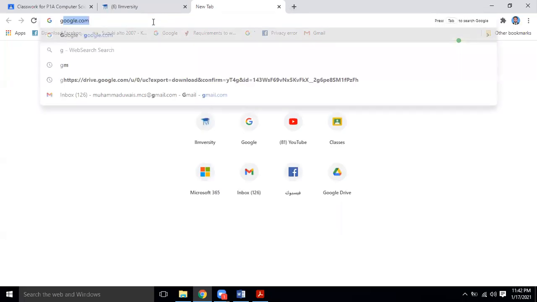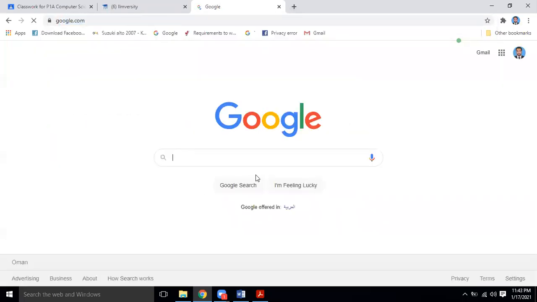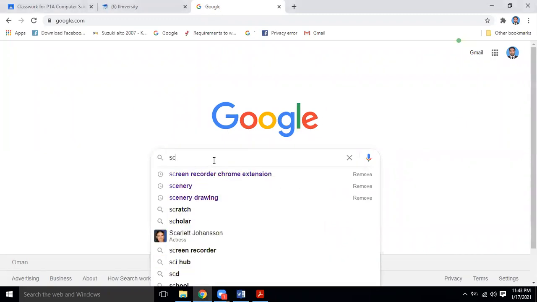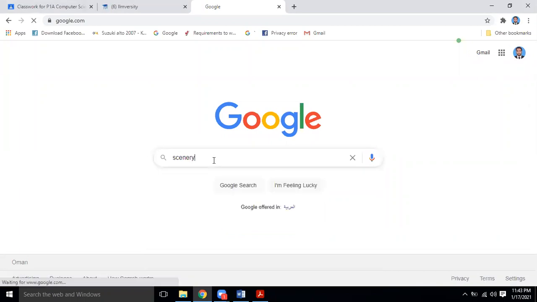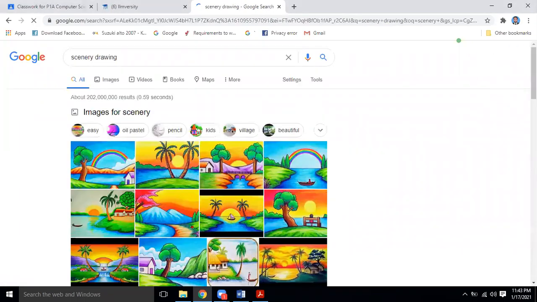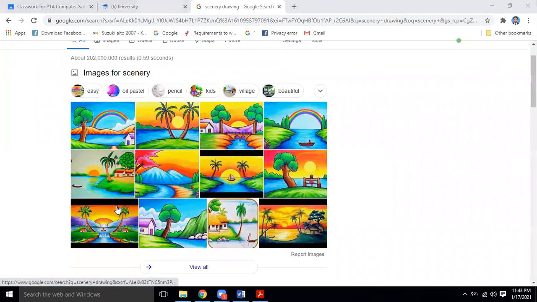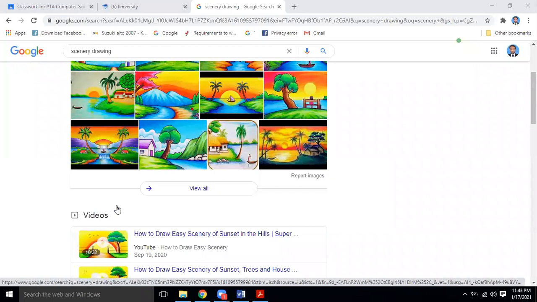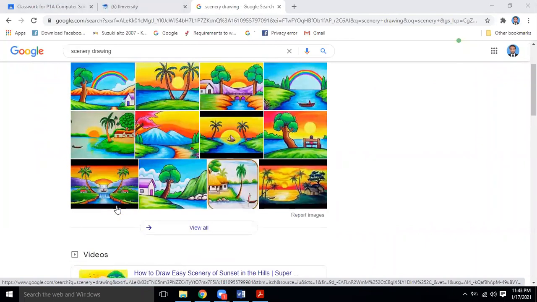If I go to Google and find a picture of a scenery drawing in the drawing format, let's suppose this is an example.